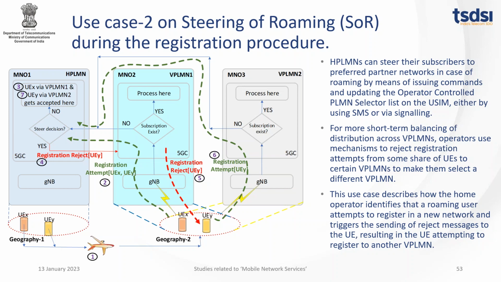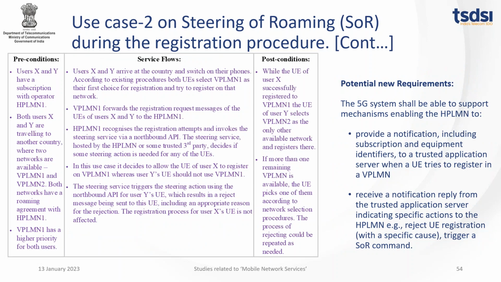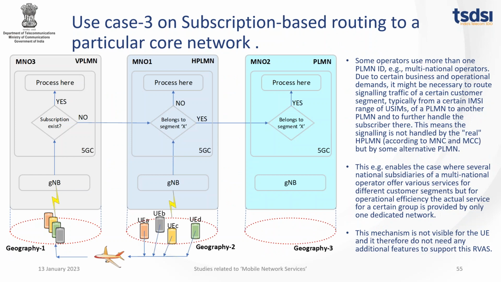Next slide, please. Because of this kind of use case, there are two potential requirements. That is, a potential notification, including subscription and equipment identifiers, to a trusted application server when a UE tries to register in a visited PLMN. And the second requirement may be to receive a notification reply from the trusted application server indicating specific actions to the home PLMN, that is, reject UE registration, trigger a SOR command, like that. Next slide, please. The third and last use case under this roaming PLMN is